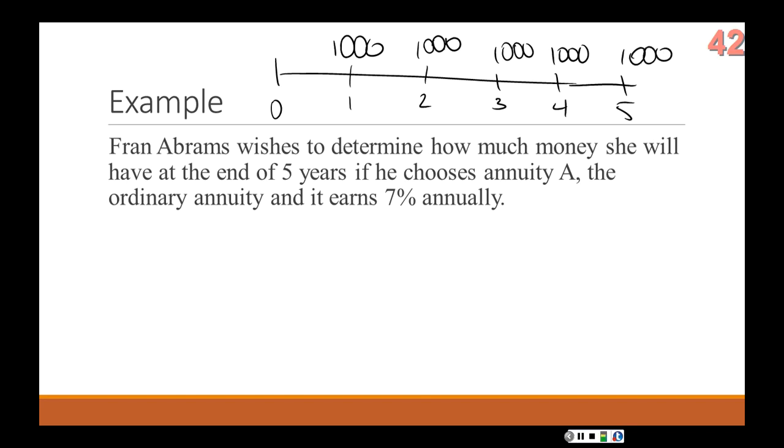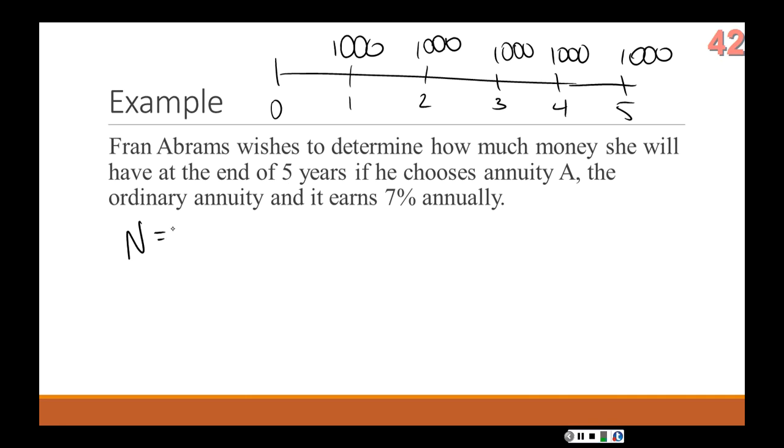And she's wanting to know how much that's going to be worth at the end of 5 years. So we know that we need to use the payment button here because each of these cash flows are equal. If the cash flows were not equal, we would not use the payment button. So here, if we want to put this into our financial calculator,